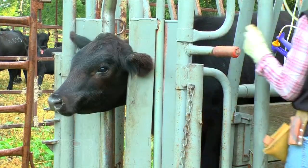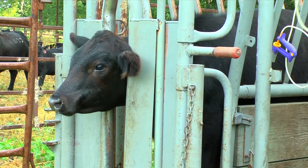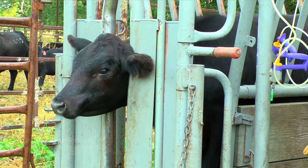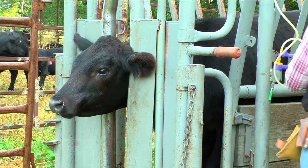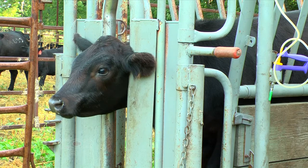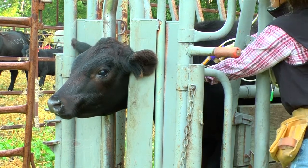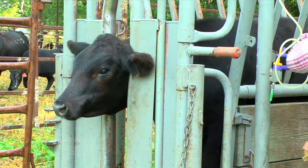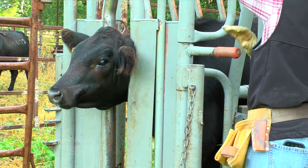a vaccination metaphylaxis protocol. So some of the things that I'd be thinking about on processing of new calves is vaccination with a modified live viral vaccine, a 5-way modified live. I'd be looking at a clostridial, 7-way clostridial. I would be looking at Mannheimia hemolytica vaccines. Those are probably the 3 biggest vaccines that we see recommended universally for these calves when we're weaning them or when we're bringing them in before we move them to the